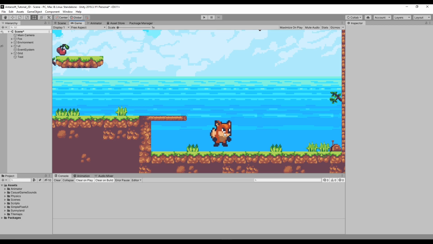So we're gonna go with these two different differentiations as we explained back in the introduction of the audio in the previous episode. So whether it's gonna be a jumping sound or a landing sound or just interaction with something sound, or it could be something else that's gonna be looping in the background like the ambient or the music of the game. We're gonna do both of them, but first, before we start, I wanna explain that